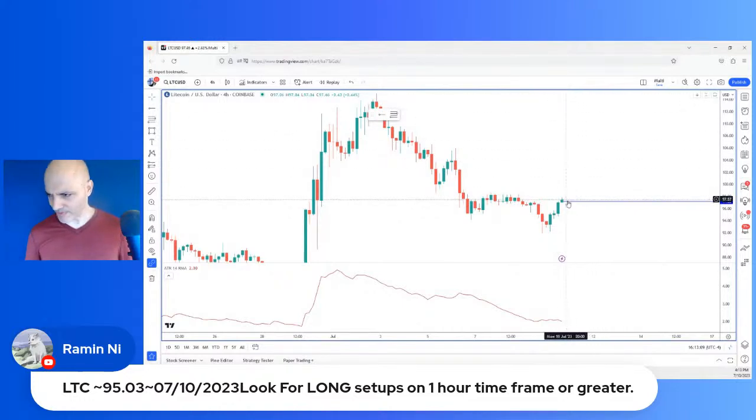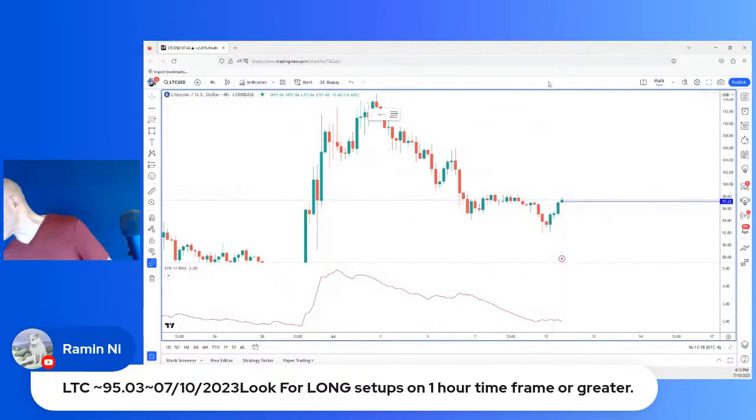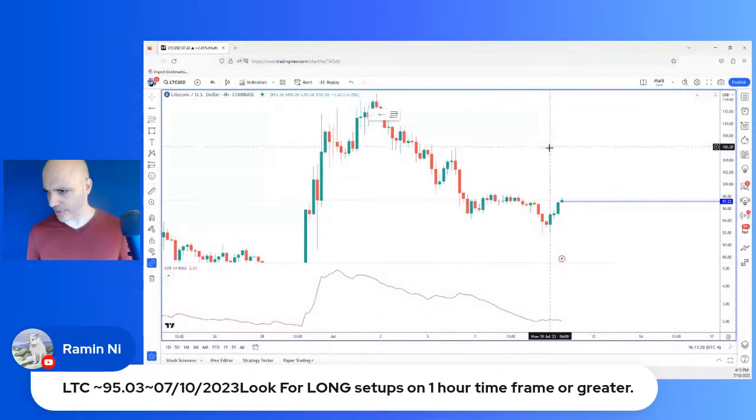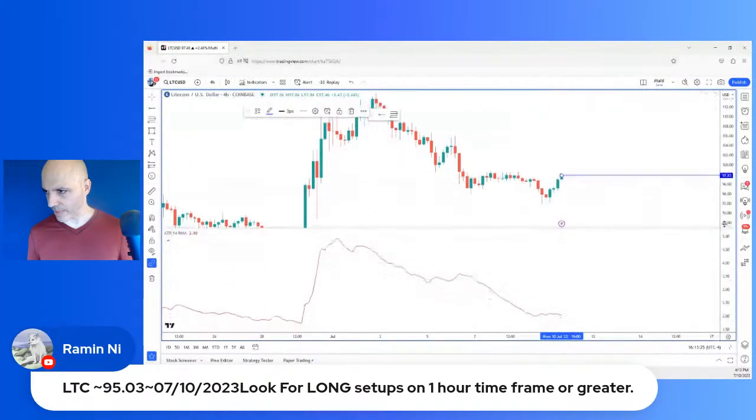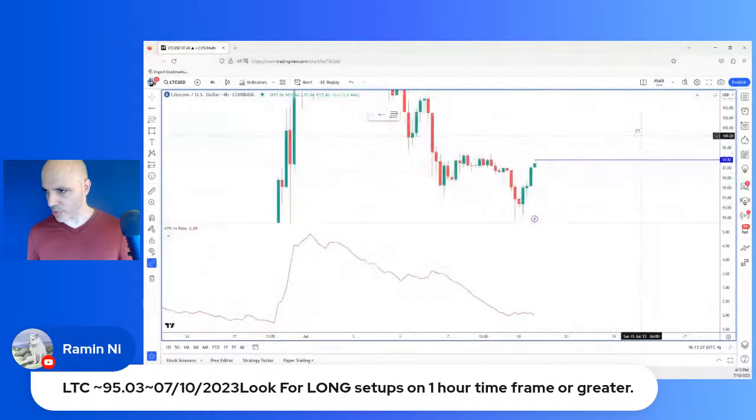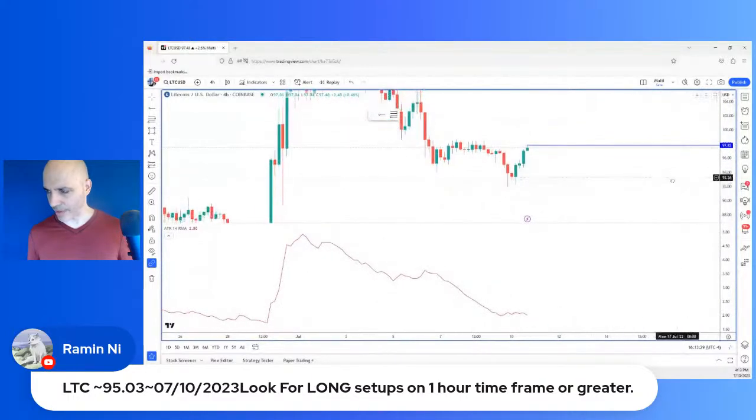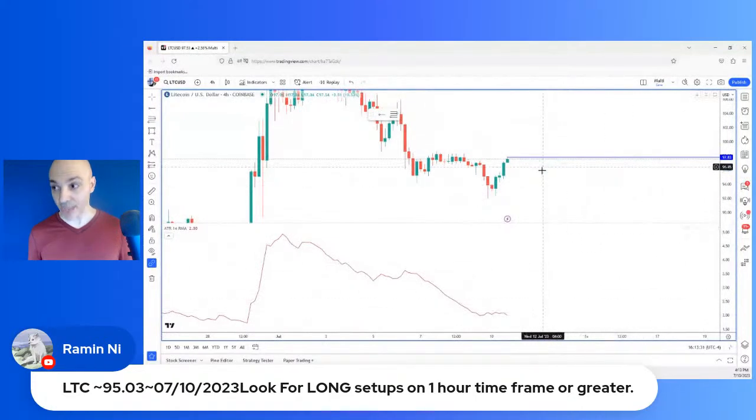All right, so let's say right here. We're going to say 97.44. That's the current price. We'll just say 97.40. That's going to be the entry price. The reason why that's so important is because I need to determine my stop and my take profit using the ATR without having to do any analysis. The robot's done the analysis. It's calling it a long. So I don't want to waste any time.